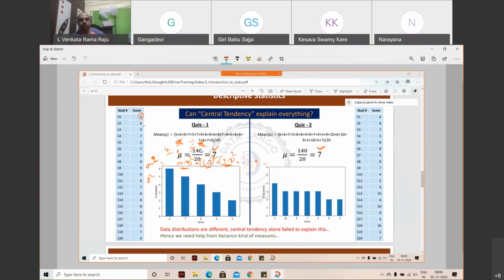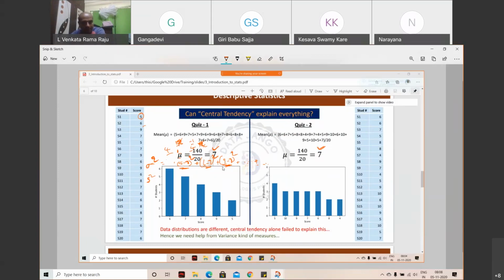Whether it is negative or positive, it is distance. So we need to add it to the original data. Either you have to take a mod. The mod operation is like taking the absolute value: whether you have negative or positive, you take positive only. But in the variance formula, it takes the square of the distance so that the cancellation effect is removed. There is no cancellation effect.